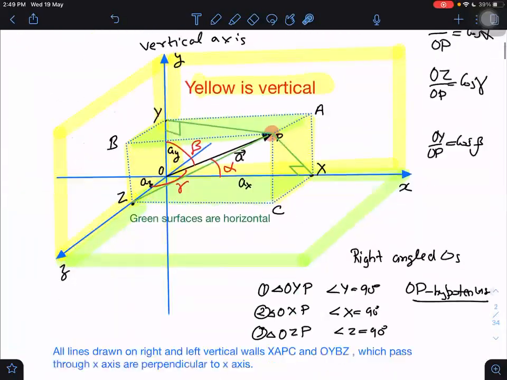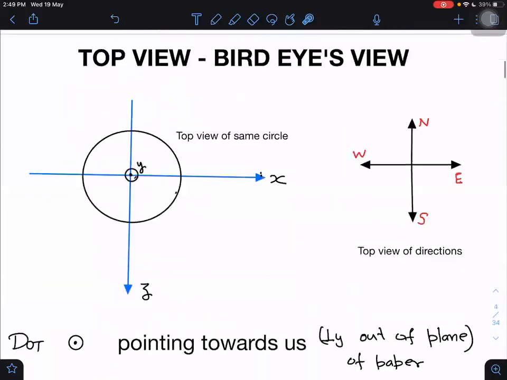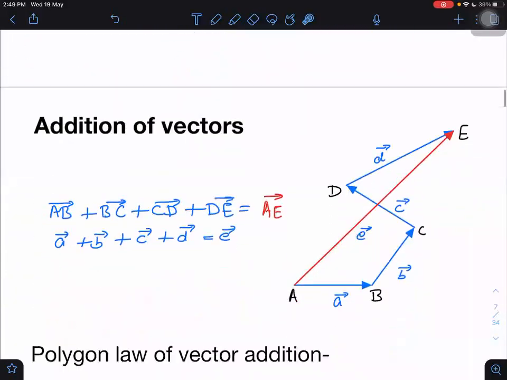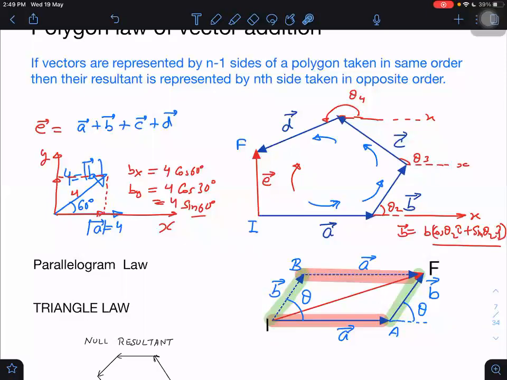Right. Next, come to that place again. Those who are confused about whether we should take sine or cos of the angle, always take cos, but take the corresponding angle for the corresponding component. Bx will be b cos of what angle it makes with the x-axis, cos alpha. By will be b cos of what angle it makes with the y-axis, beta, so b cos beta. Same way here, what angle does it make with the z-axis? 90 degrees with z, because this is lying in the xy plane. Then it is making 90 degrees with the z-axis. Then cos 90 will be 1. Sorry, cos 90 will be 0.